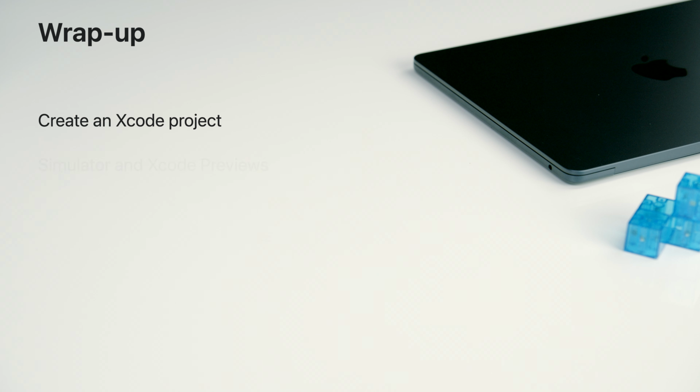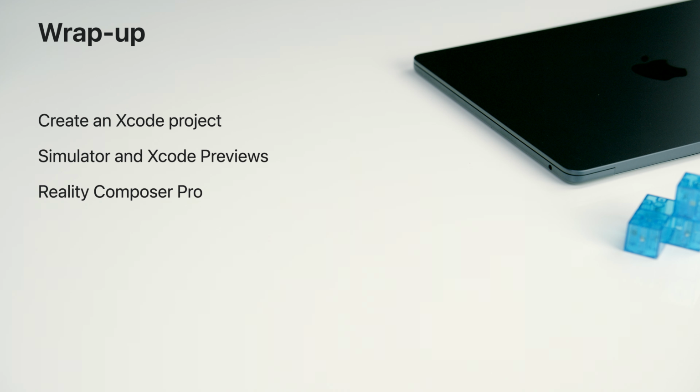We covered many topics today. Let's summarize them. We started with how to use Xcode's new project assistant to create your first immersive app. We then introduced the simulator for the new platform and showed how Xcode Previews makes it easy to iterate on the content of your app. We also introduced Reality Composer Pro and saw how it enables you to easily prepare and preview RealityKit content. Finally, we showed how to open an immersive space and use entity targeting to programmatically enable and respond to interactions with immersive content. We hope you've enjoyed this presentation.